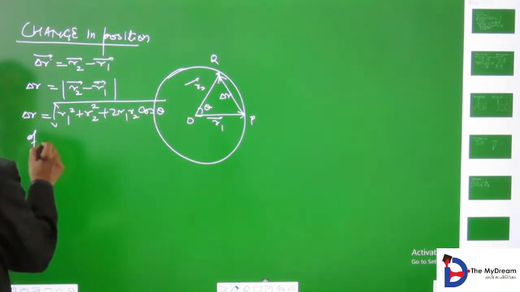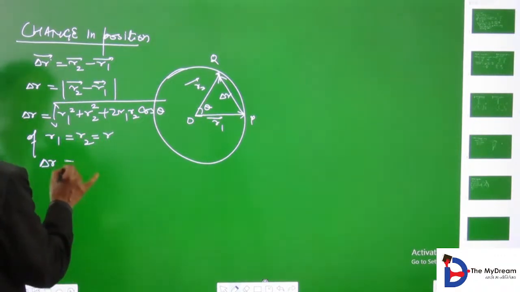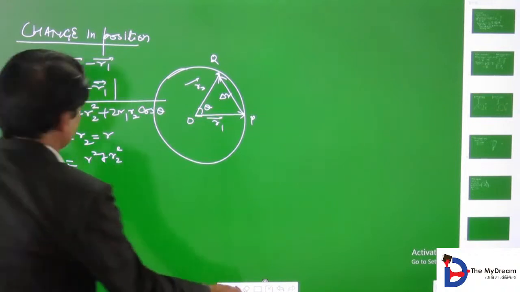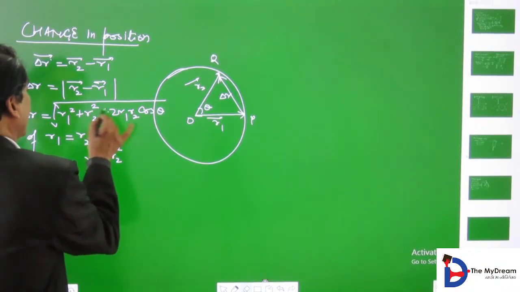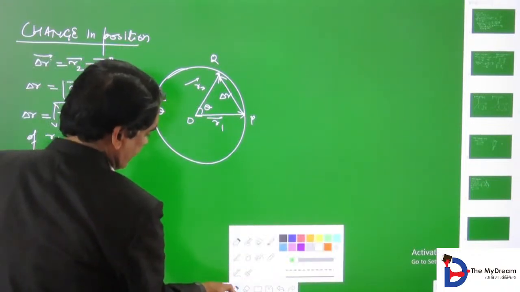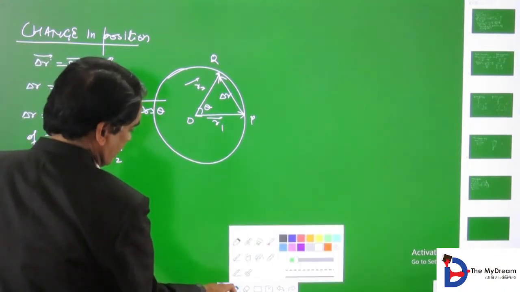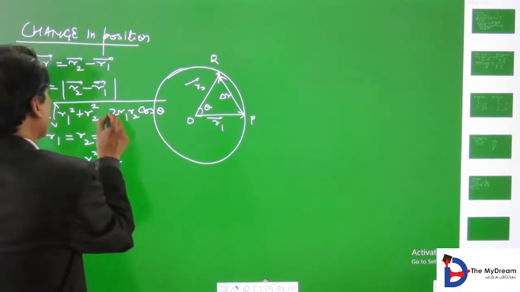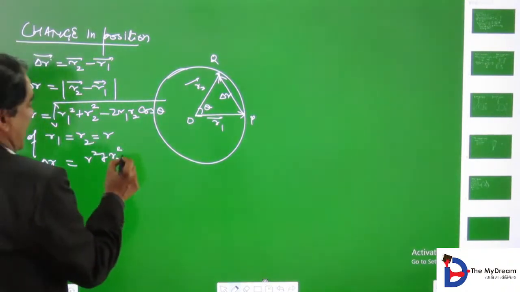If vector r1 is equal to vector r2, let it be r, then you can write down r1 is equal to r square, there is some mistake. क्या करना है यहाँ पर, यहाँ पे बेटे आपको माइनस लाना है. माइनस ये भी चीज,